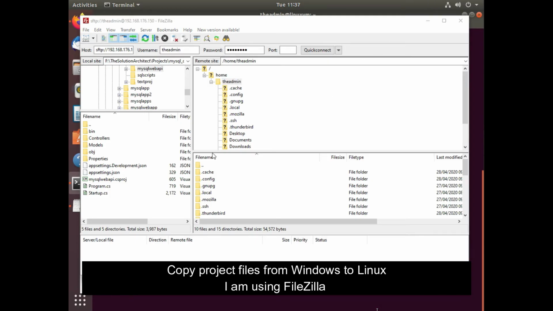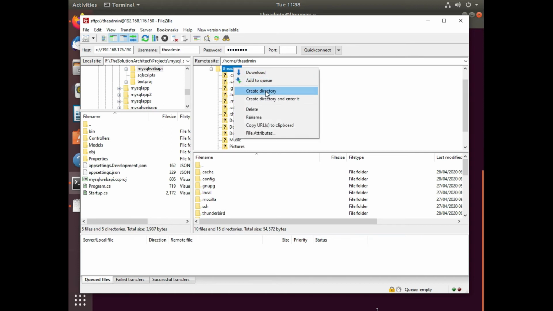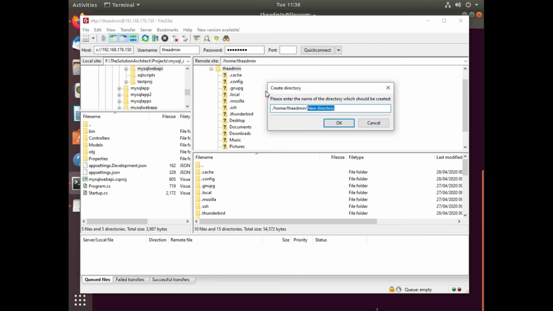Okay, so now we want to copy our application, our project files over to the Linux machine. I'm using, as you know, FileZilla. So I've added the IP address in here, username and password, port 22 normally, and you just quick connect and it will open up like that inside. So what you're seeing on the right hand side here is your Linux machine, and I'm going to create just a directory for my web application. I'm just going to call it MySQL Web API,